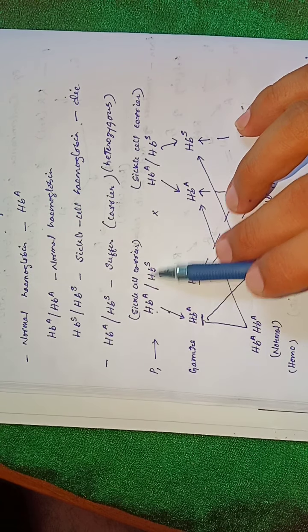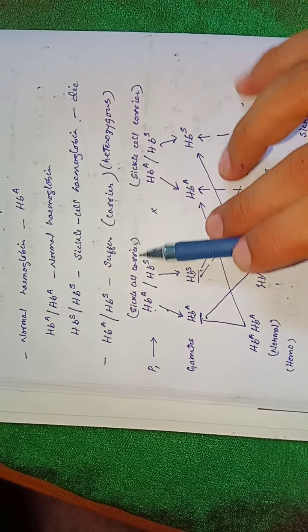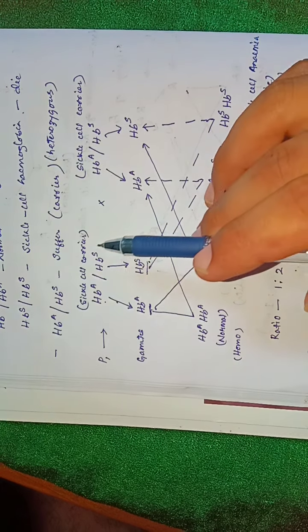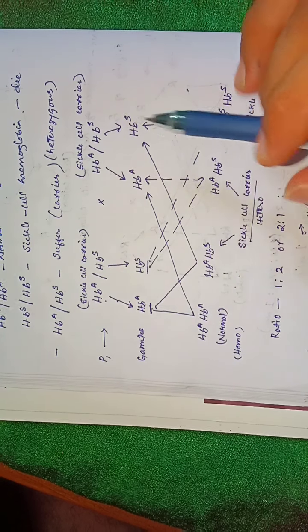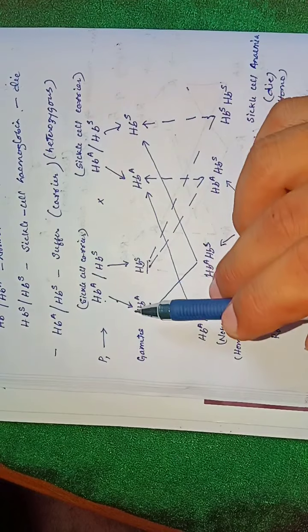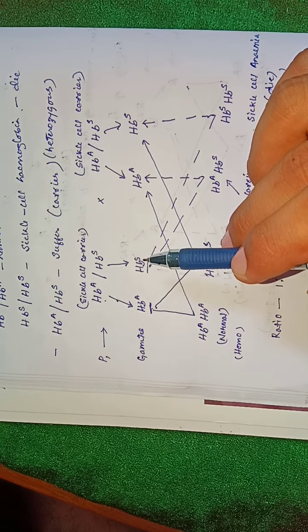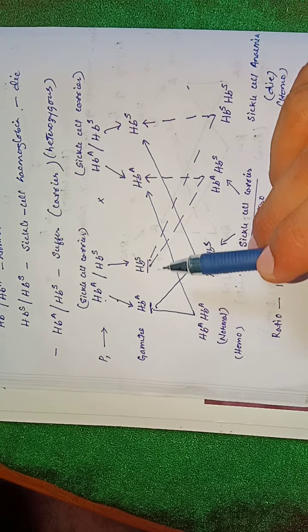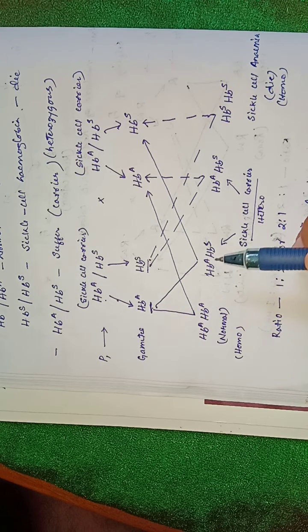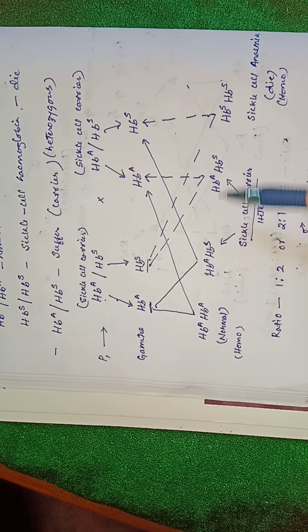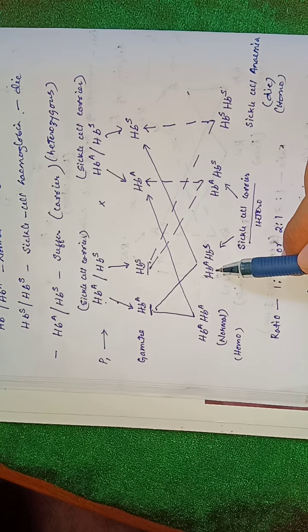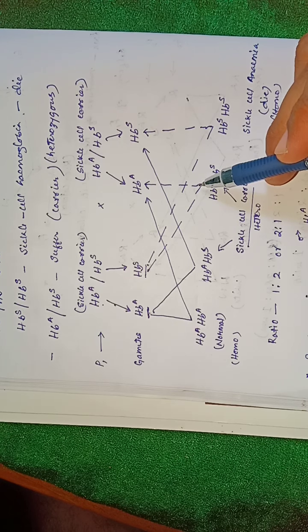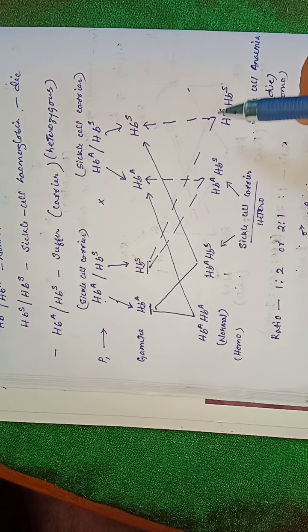When a carrier male and female enter into marriage, that means when both male and female are carriers of sickle cell anemia, the possible offspring that may arise from this marriage are as follows. Both male and female will give normal hemoglobin and hemoglobin with sickle cell anemia in their gametes. So the possible offspring is that there will be one normal person but two sickle cell anemia carriers. That means the offspring will have normal hemoglobin and hemoglobin with sickle cell anemia, normal hemoglobin and hemoglobin with sickle cell anemia, and one offspring